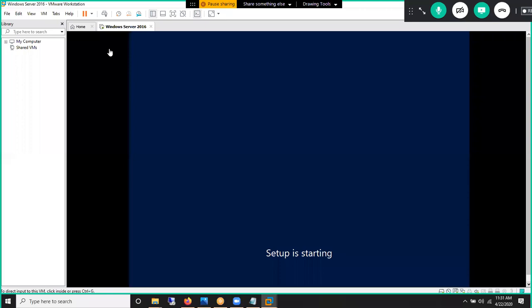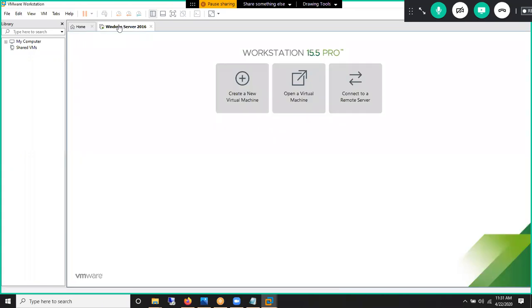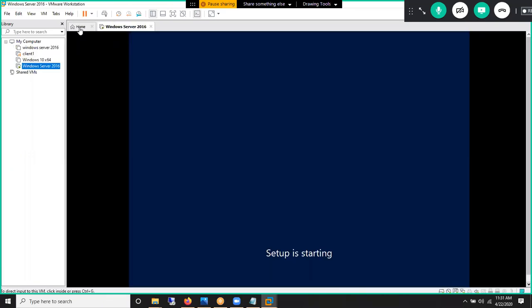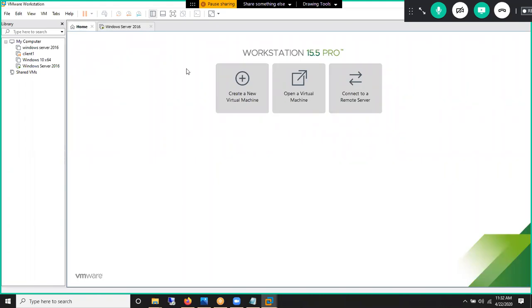Once the server operating system is installing, I can come back to home, because the server is now running and installing. At the same time, I can come home and create one more virtual machine